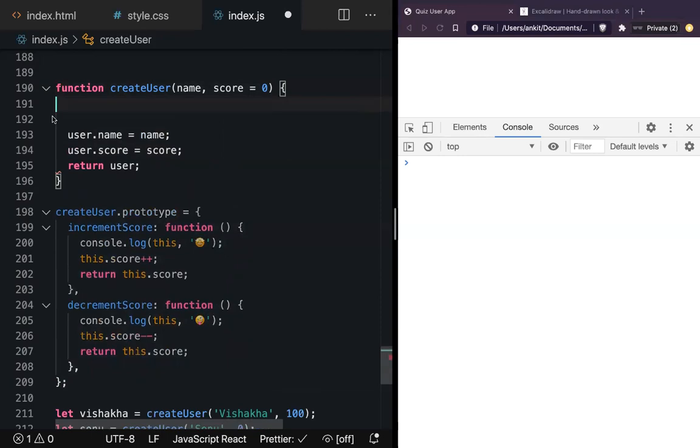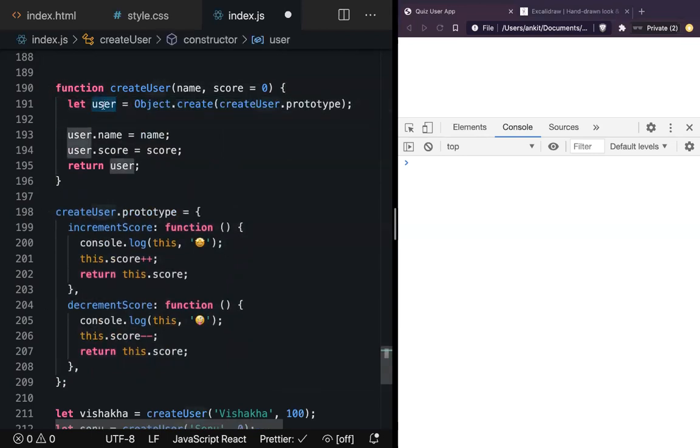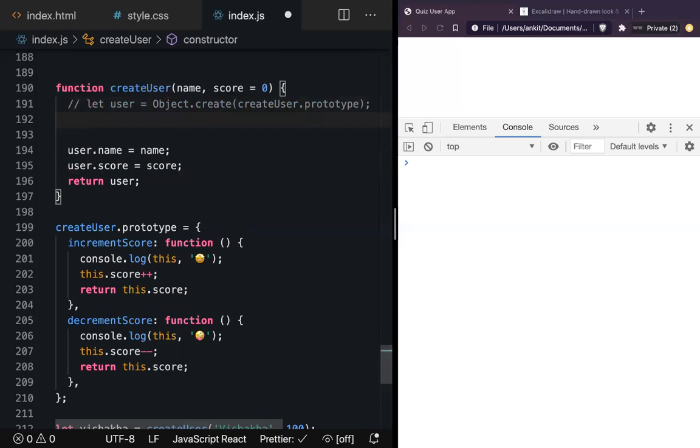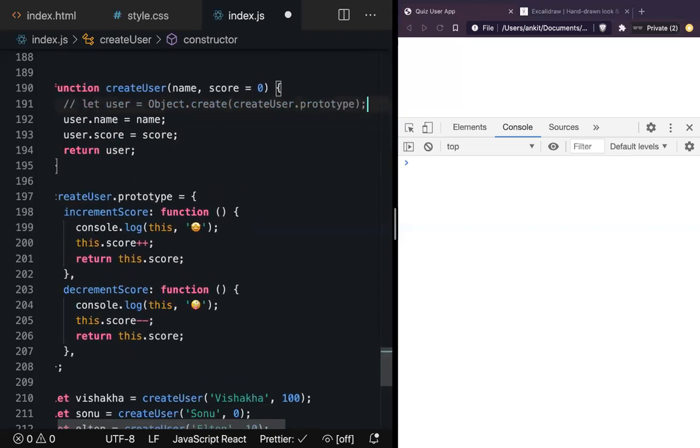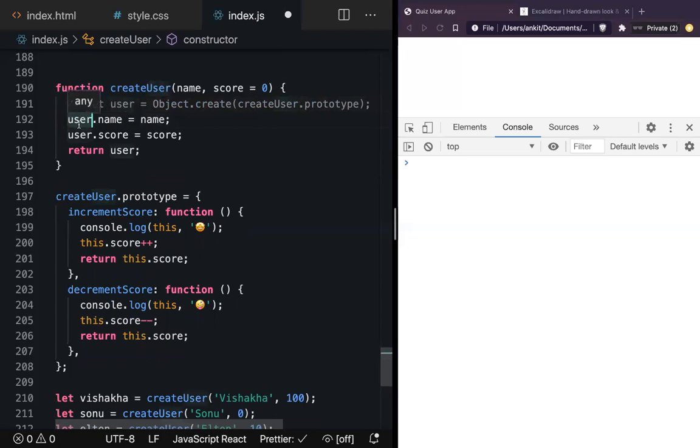But now the point is, what will I name this variable? Every user can name their own, but what can I name it here? I don't think we need to name anything. Look at this. Whatever we are creating here is whatever we are returning here, right? So instead of this line, I'm going to comment it out. Now we don't have any user. We can replace it with a value of this. And by default, it will do. Don't worry, I'm just going to write the whole code and then explain it to you.